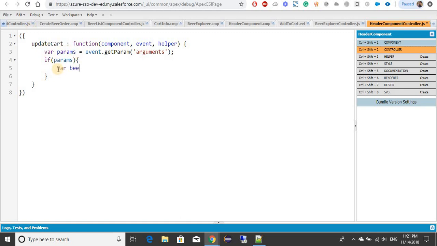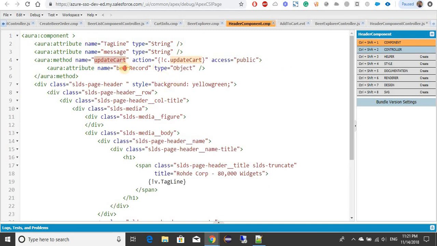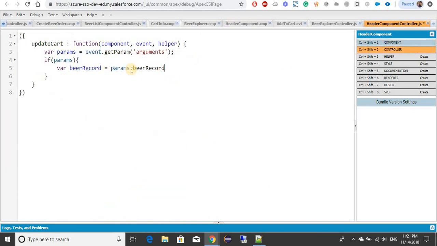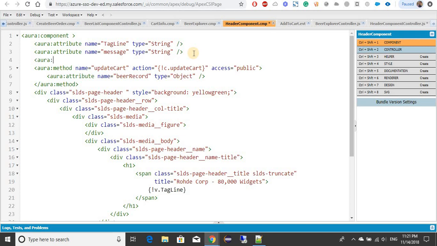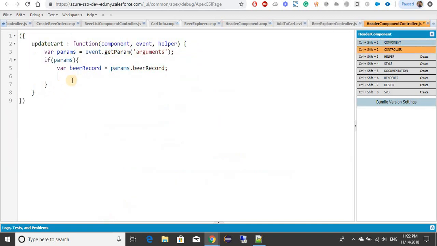We'll get the beer record, params dot beer record, and now we'll create a list type of attribute where we will store all the beer information. Let's make it a type of object, record list, component.set v.record list, and then in this record list,